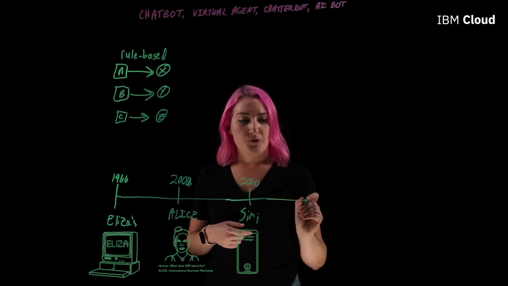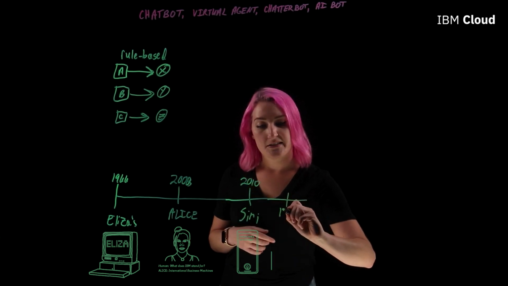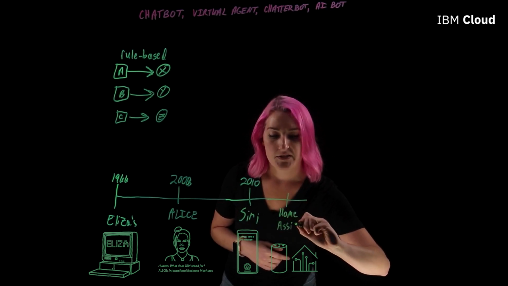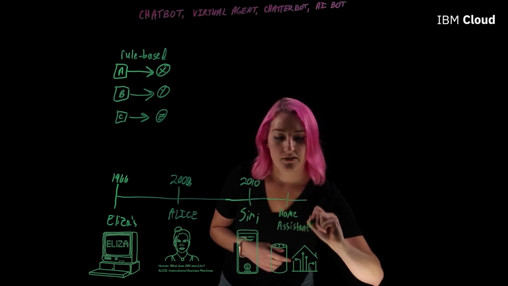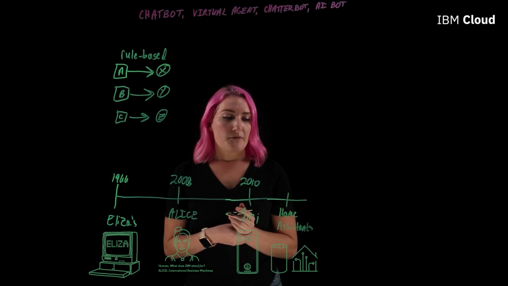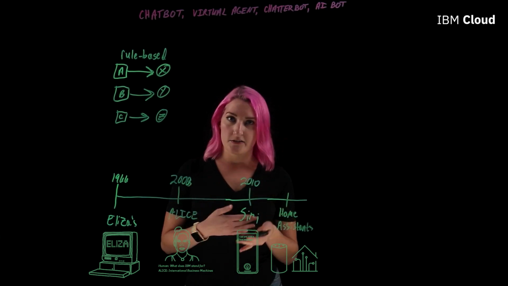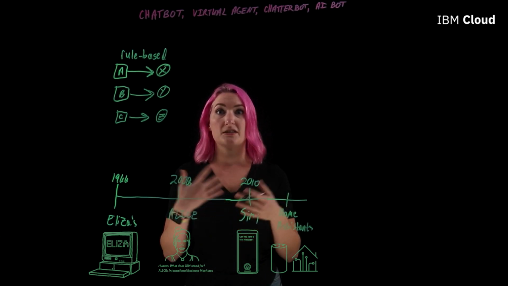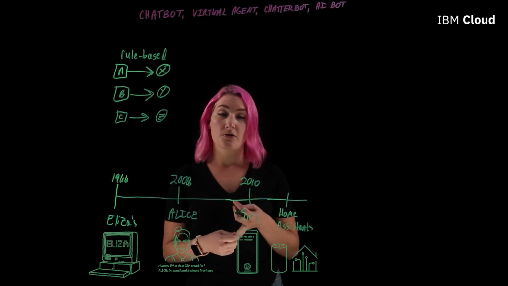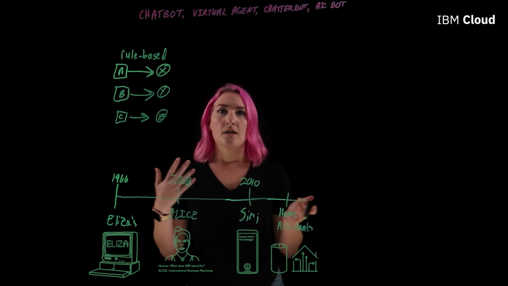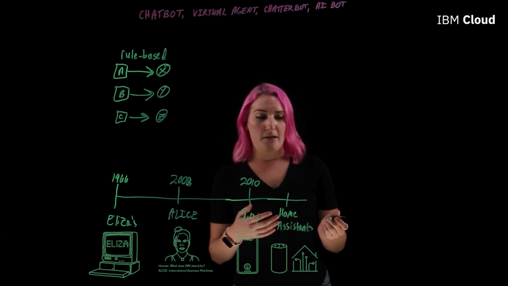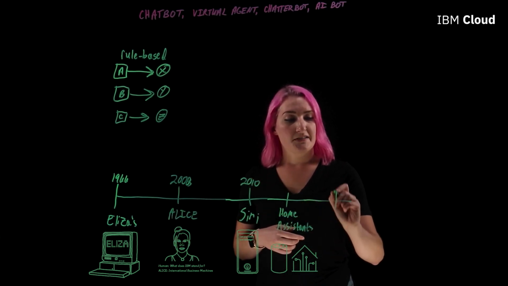That led into, also in the 2010s, home assistants. When I say home assistant, think about mostly a smart speaker. Most of us have either an Alexa or Google Home or something like that in our home. If I tell my Alexa, hey, Alexa, start my day, she's going to be able to do a ton of different things. She can turn my thermostat to a different temperature, turn on all the lights, and tell me what the news is, and the weather, and all that kind of stuff. This is when we start getting into more intelligent chatbots, which leads us to 2016.